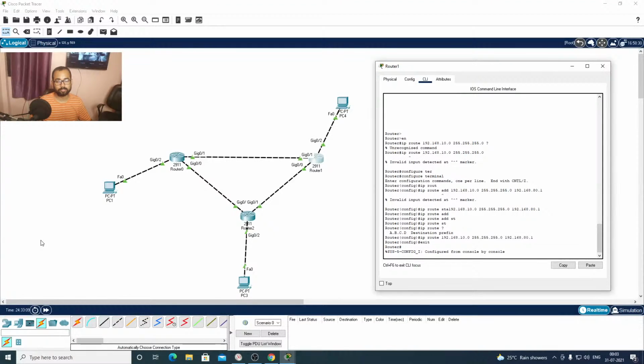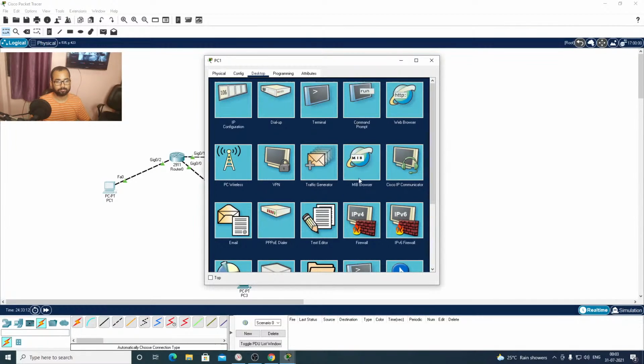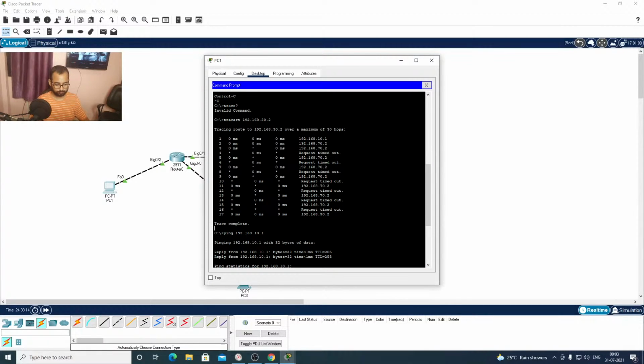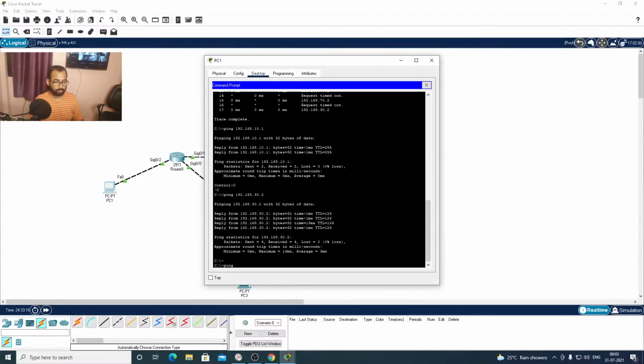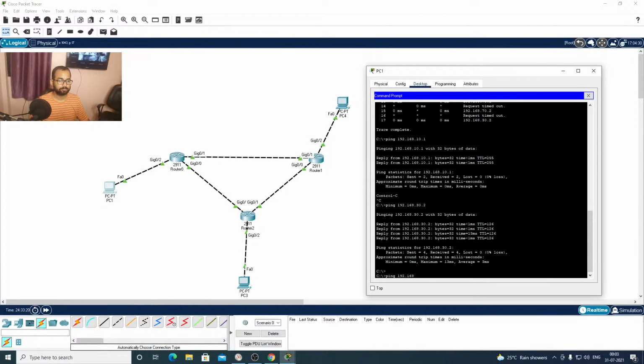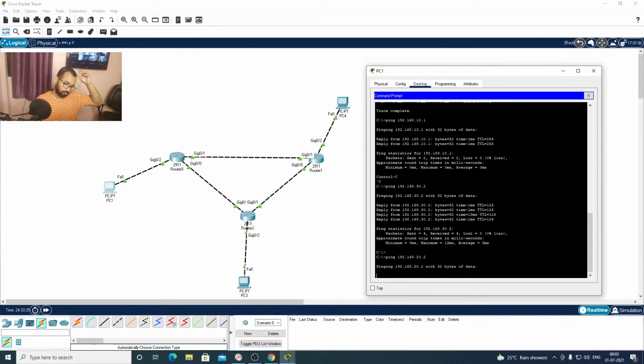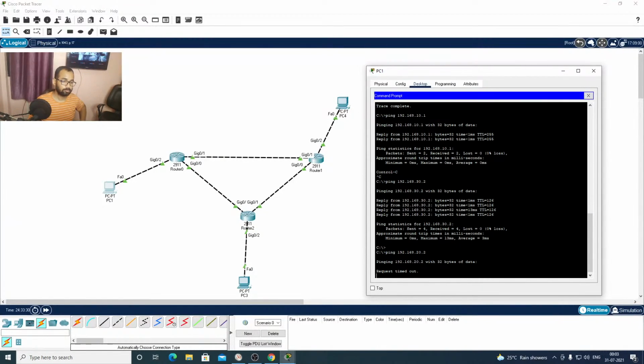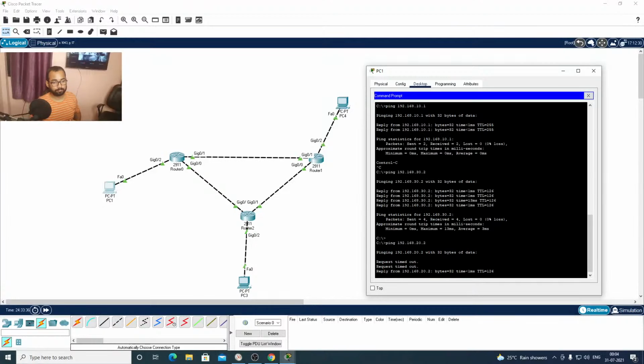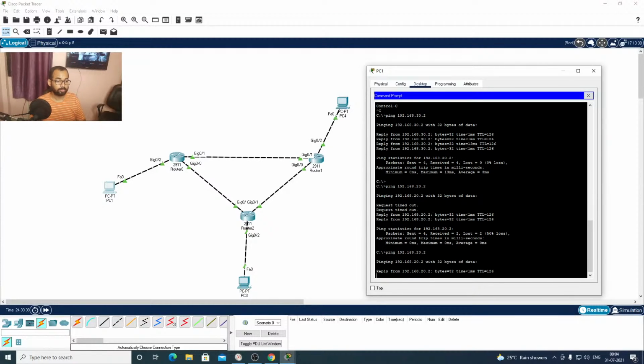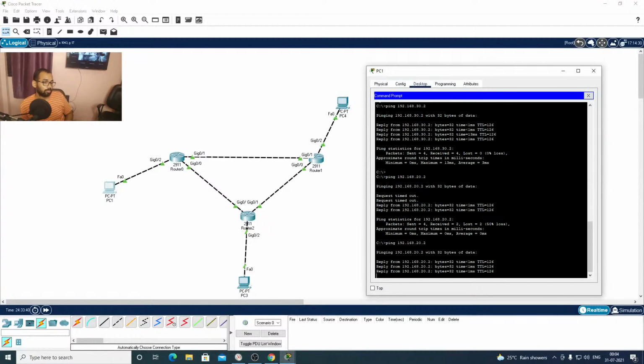So we'll check whether it is pinging now. 20.2. Again, it's not pinging, so we again have to troubleshoot what went wrong this time. Okay, it's pinging. It must have been taking some time to update the entry.